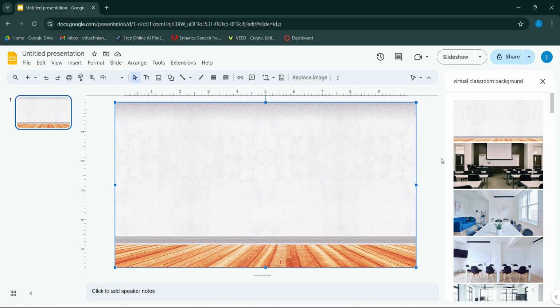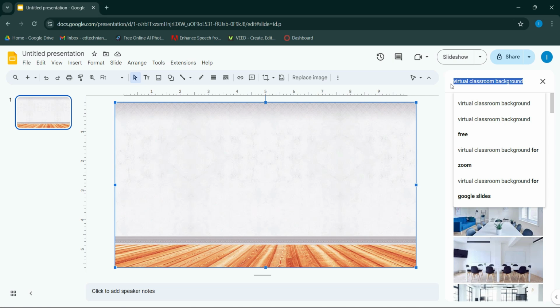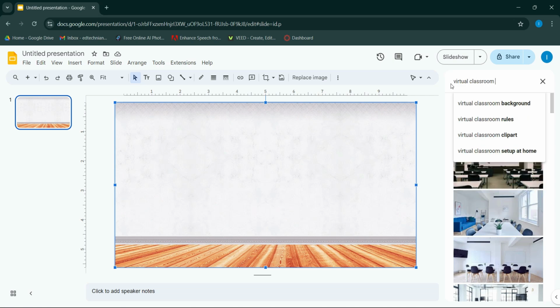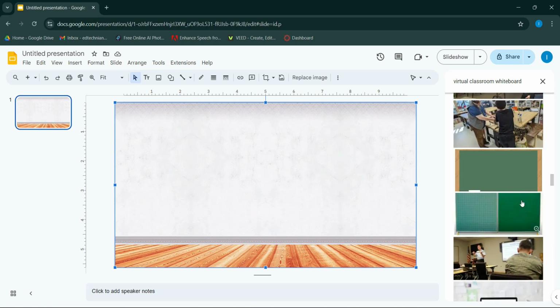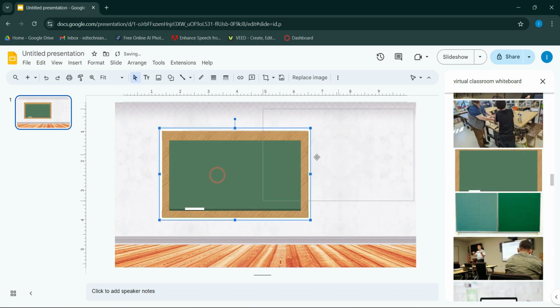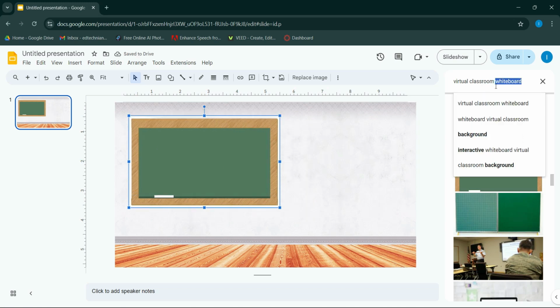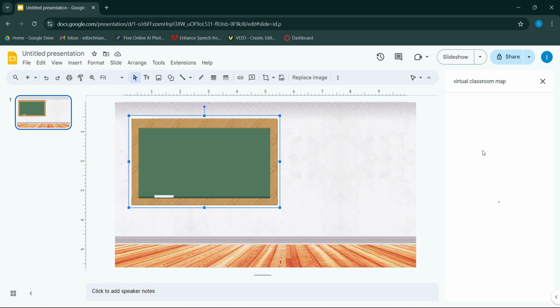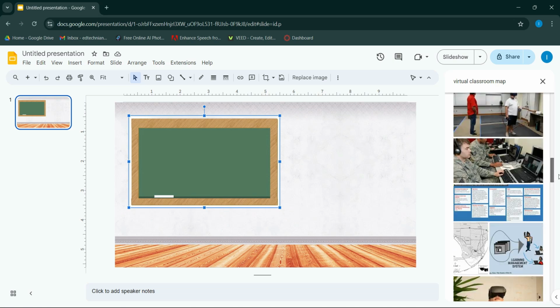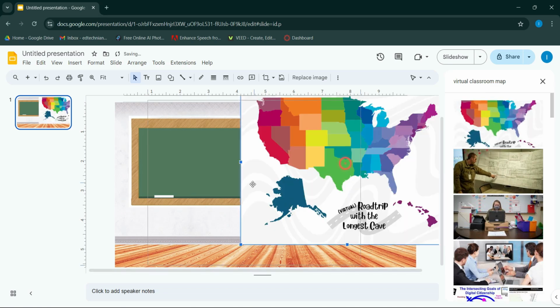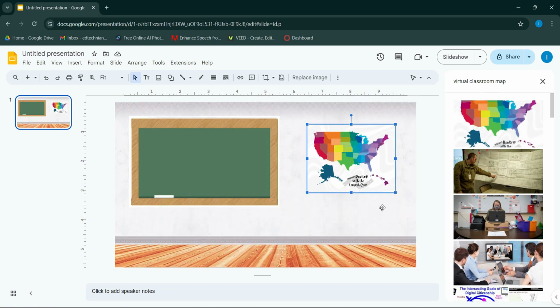And in this case, I'm going to start searching for some PNG images so that way I can overlay it. So I can start looking for virtual classroom whiteboard. And then let's just do something simple like a virtual classroom map. Yeah, this top one looks okay. The more that you add, the more engaging students might have with it, and you can be as creative as